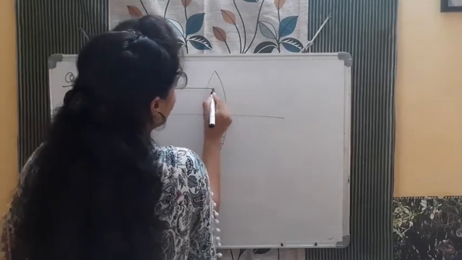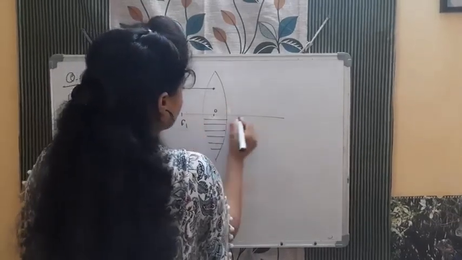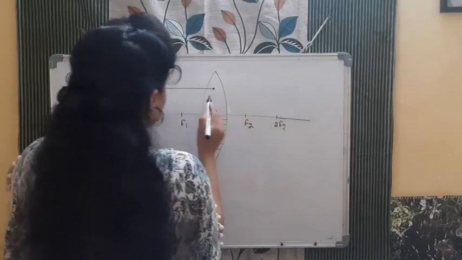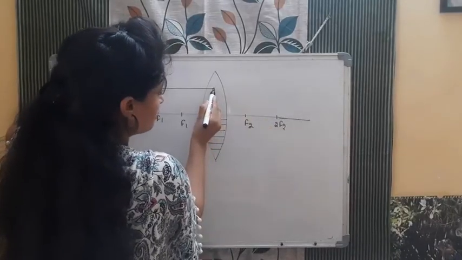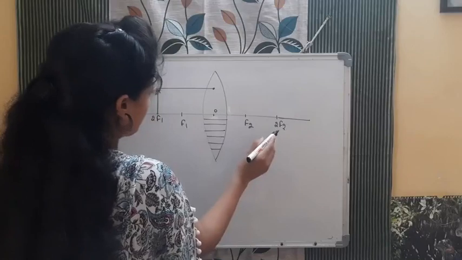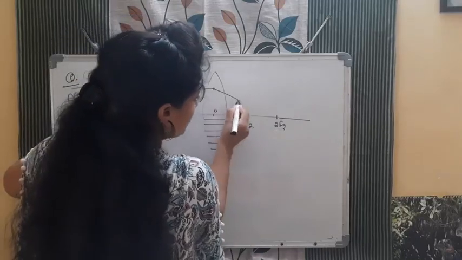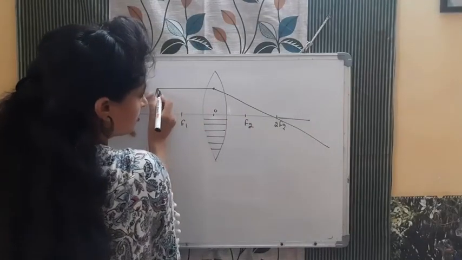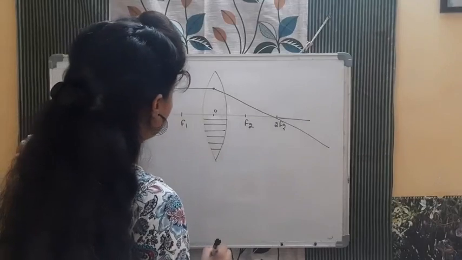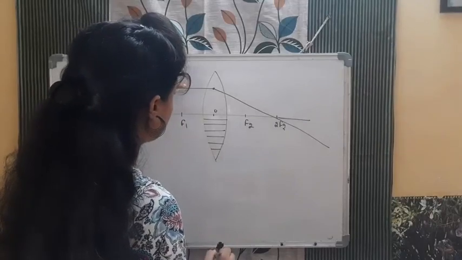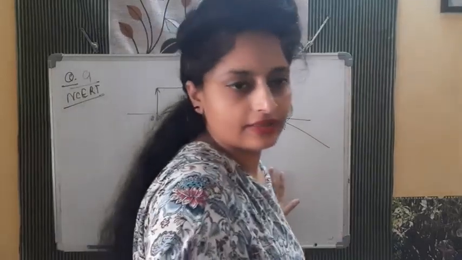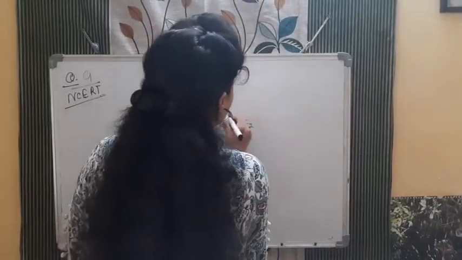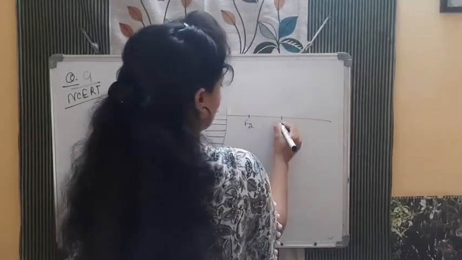so this is F1, this is F2, this is 2F2. So from where will it pass? Parallel rays pass through the focus. And the second one, when it comes from here. Okay, wait. It is at 2F1 and it is coming parallel. So parallel rays will always focus from here. Wait, it is not 2F2, it is F1 focus, F2. This is 2F2 if I am saying.